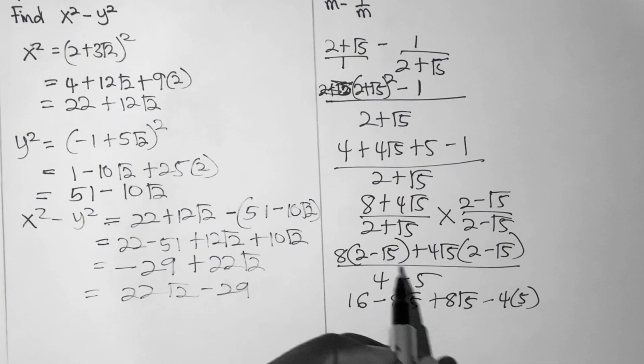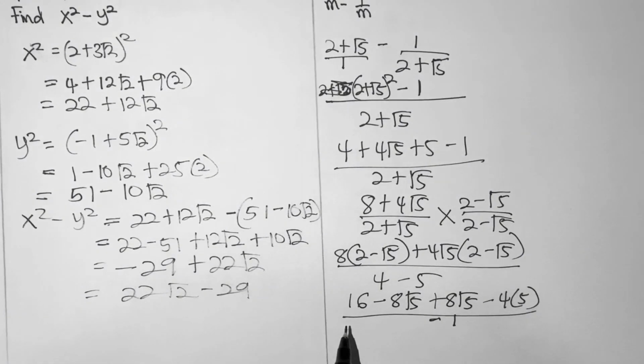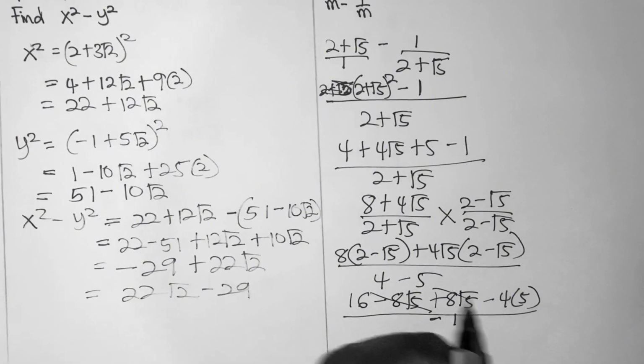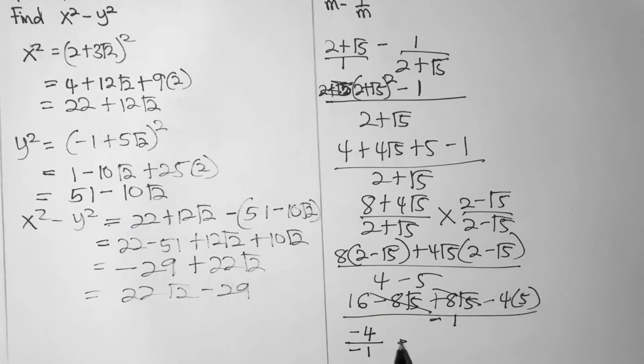Now, 4 minus 5 is divided by minus 1. So the final answer becomes 16. Now, minus 8 plus 8 will cancel. Minus 4 times 5 is minus 20. 16 minus 20 is minus 4. So we get minus 4 divided by minus 1, which is equal to